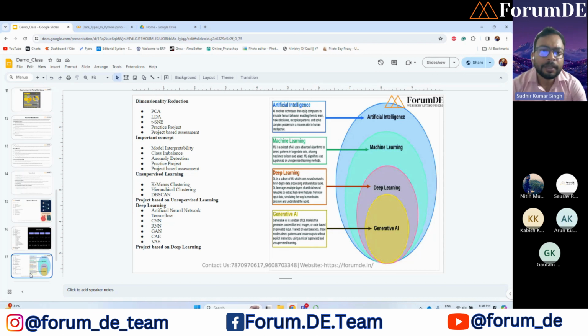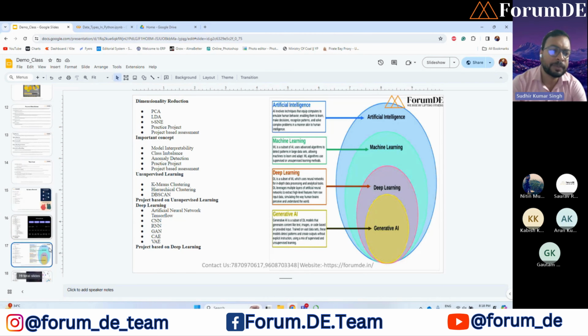Next, we'll go with dimensionality reduction, an important concept, then unsupervised learning, and then finally we'll start deep learning like ANN, TensorFlow, CNN, and other concepts mentioned here.